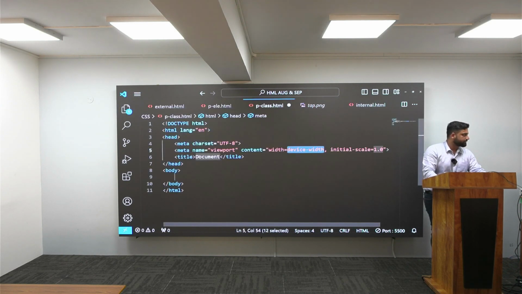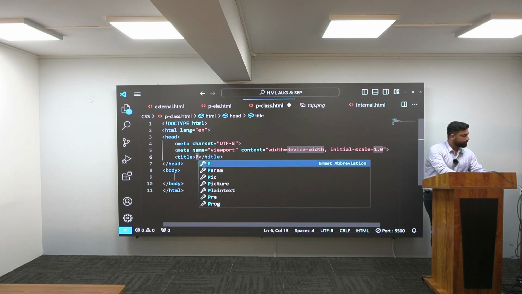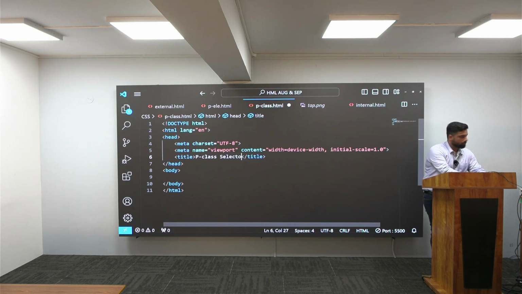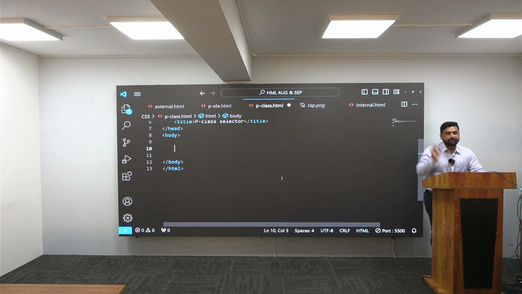Let's generate my structure. Let's give the title pseudo class selector. Now please have a focus here. How can we give a link? By using the anchor tag. Let's use the anchor tag.